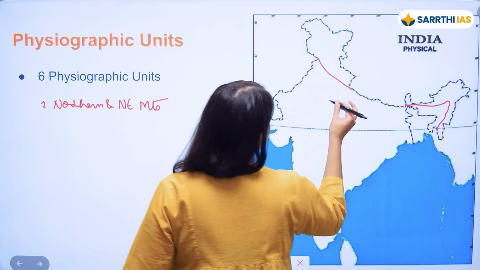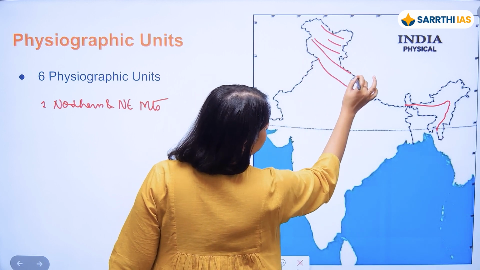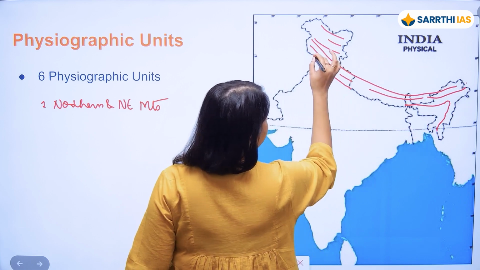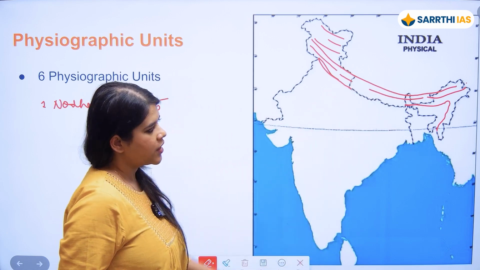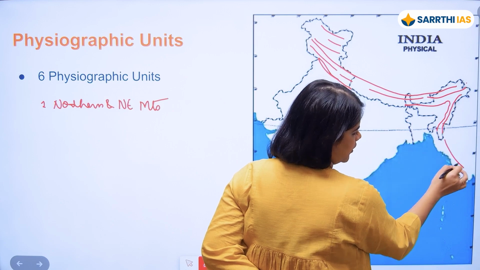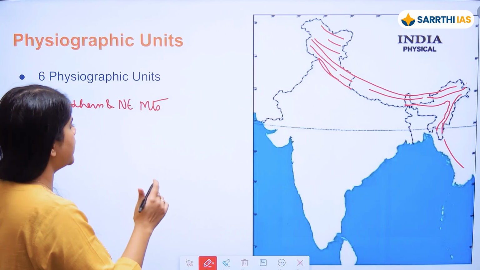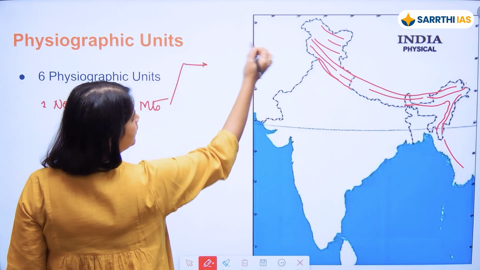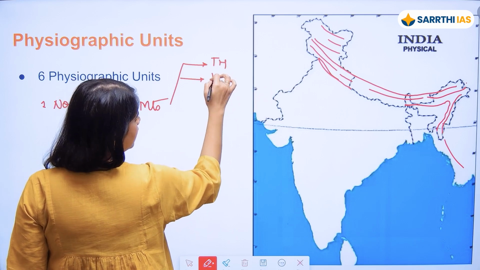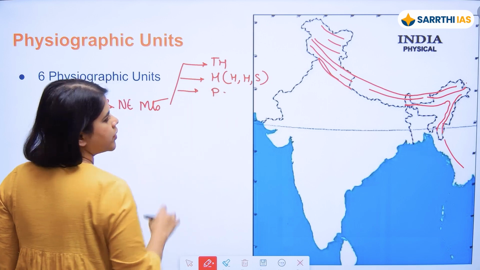यहाँ पे क्या क्या आ जाता है? We have Karakoram, Ladakh, Zanskar, the Great Himalayas, Himachals, then the Shivaliks. Then over here, we have the Purvanchals, which extend further into Myanmar as Arakan Yuma. So northern and northeastern mountains of India, they include the Trans Himalayas, they include the Himalayas, all three ranges, Himadri, Himachal, Shivalik, they include the Purvanchals.